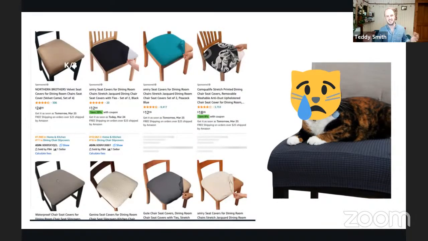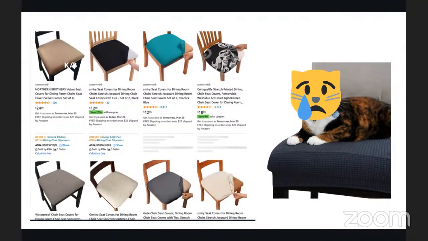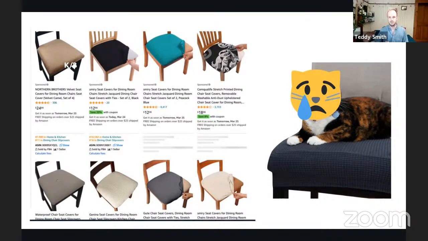But then suddenly there was loads and loads of competition, and they were all from Chinese suppliers with all these different colors and patterns. And I ended up having to sell my products just at break even, just to get some of my initial investment back. Now, I thought that